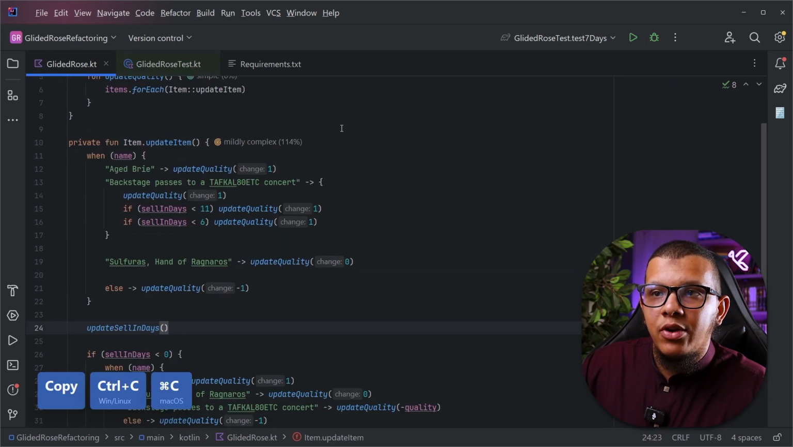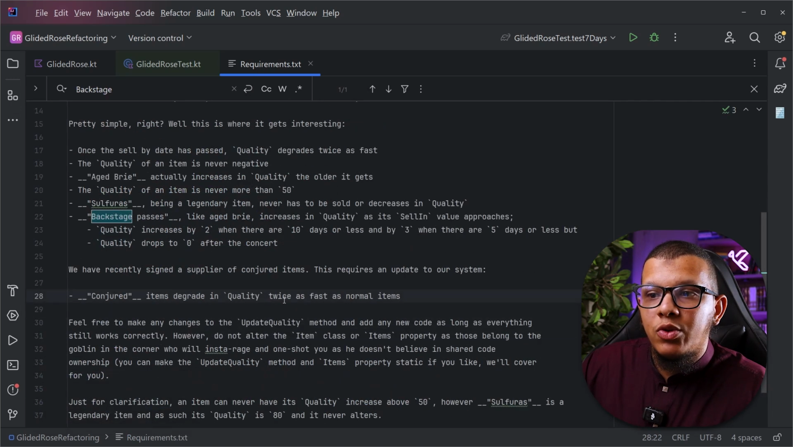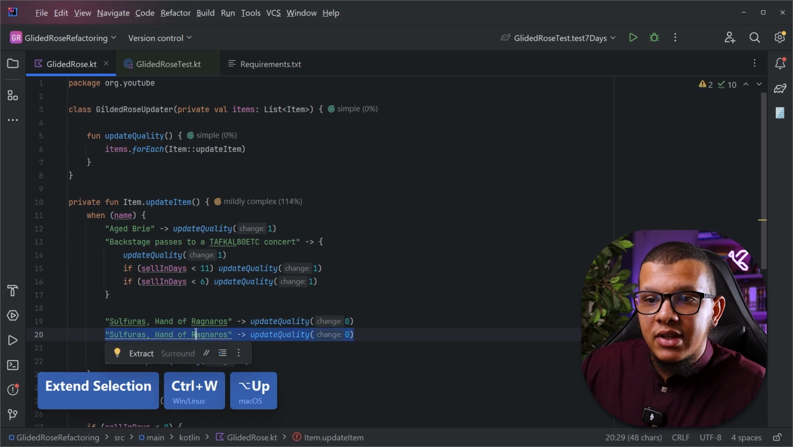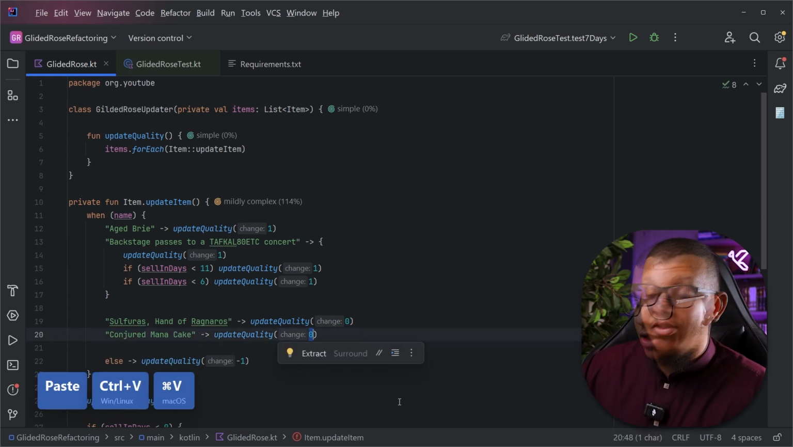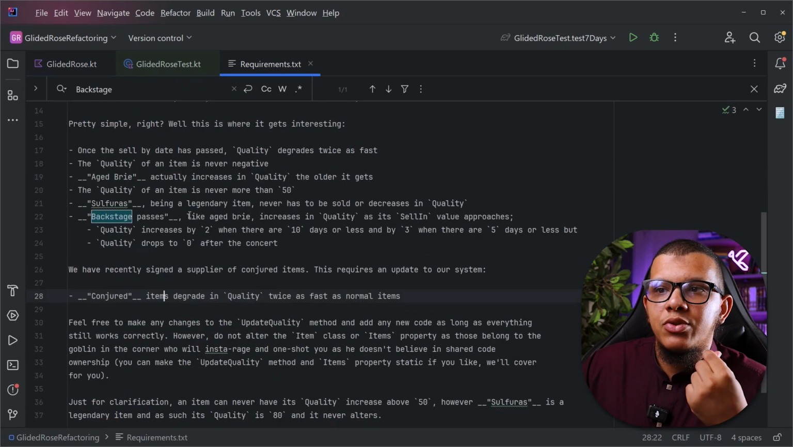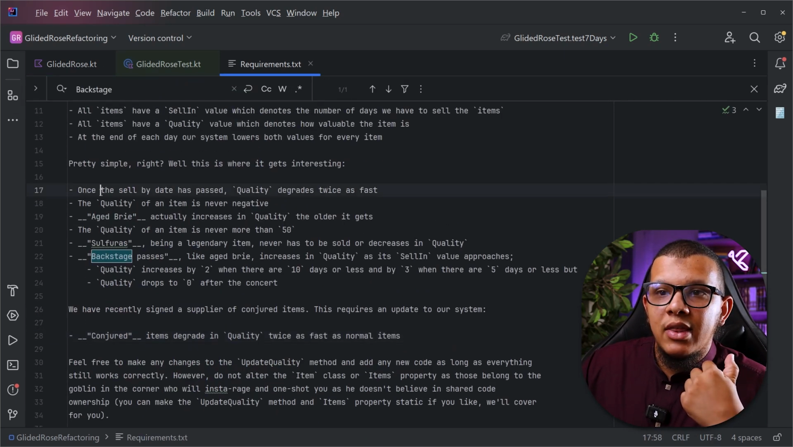So they are telling you the requirement is that degrade in quality twice as fast as normal item, which means we can put it here, give it this name, and what is the quality change? Degrade like that, -2, I believe, because this is where it's used. Where is -2? Minus twice as fast. Once the item